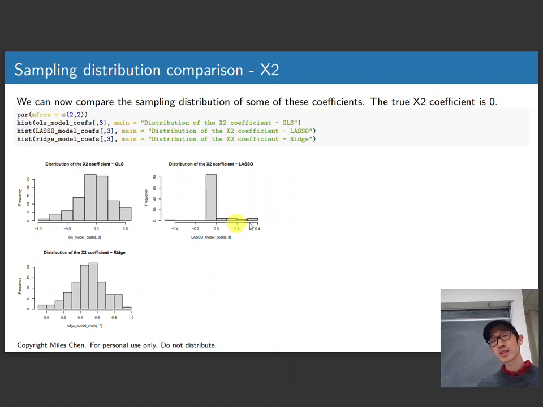Sometimes it's a little bit higher, but most of them got shrunk down to 0. Okay, ridge regression. The true value is 0. Ridge regression is biased and it pushes that up here, but the amount of variance is a lot smaller. So with ridge regression, you're going to end up getting a bunch of non-zero coefficient estimates because